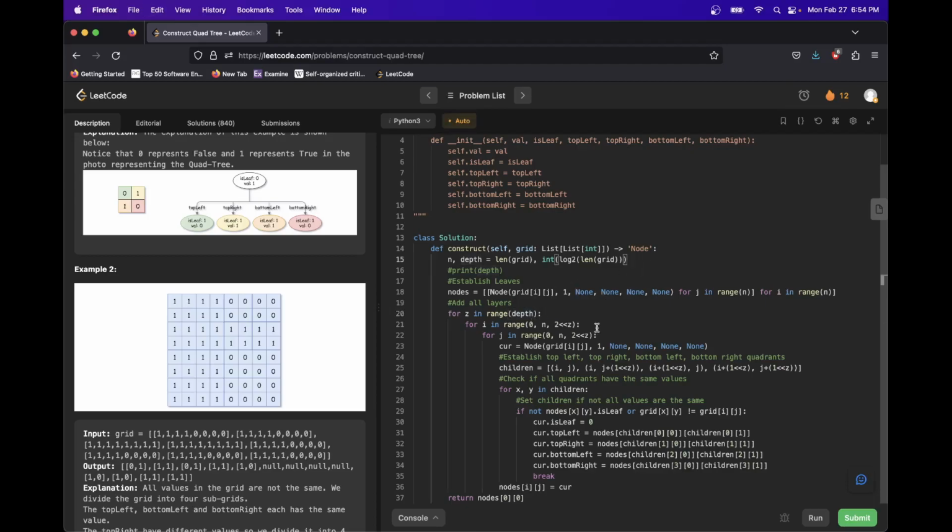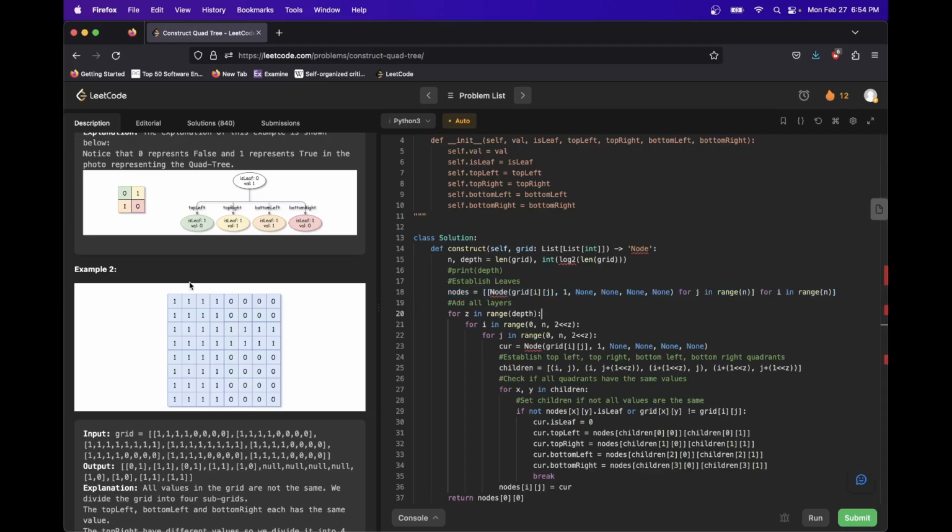But it doesn't really matter. Anyway, then I iterate through and say, okay, go from 0 up to n, and then iterate by 2 to the power of depth plus 1, which is 2 bit shifted over by the current depth that we're in. So for example, if we're looking at these 1x1s, then we want to increment by 1 every time to